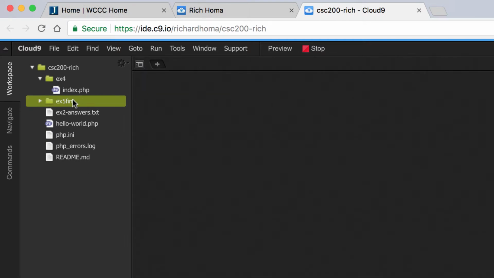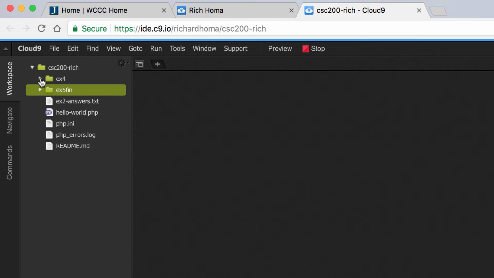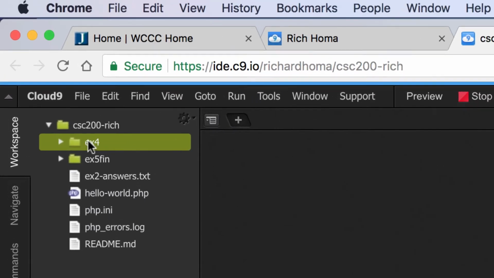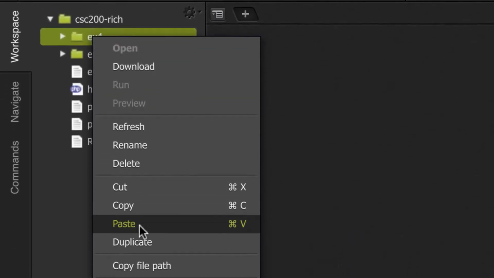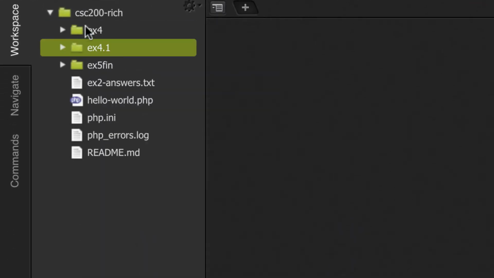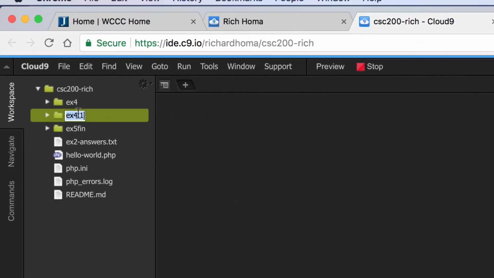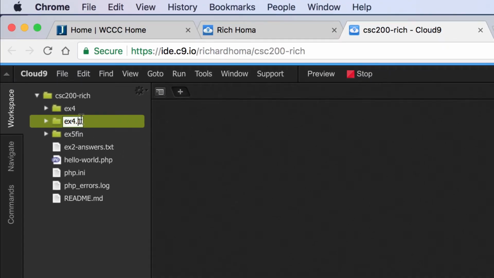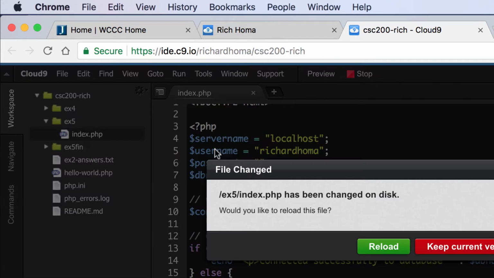I'll close up this finished folder right now, but what you're going to do, and make sure you close up all your files before you do this, is duplicate the ex4 folder. You can right click and say duplicate, and I think it puts a number on it like that. And I'm just going to call it ex5, and you don't have to put table on it. You could put the word table, but if you do, just don't put any spaces or anything, but I'll just call it ex5 for now. That should make a duplicate of your original folder, and you'll still have an index PHP in here. And if you open this up,